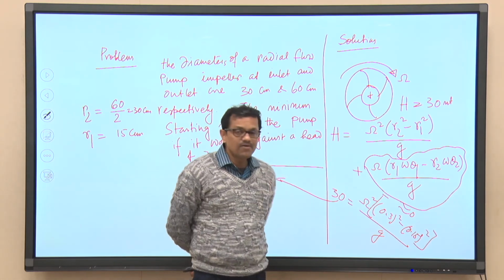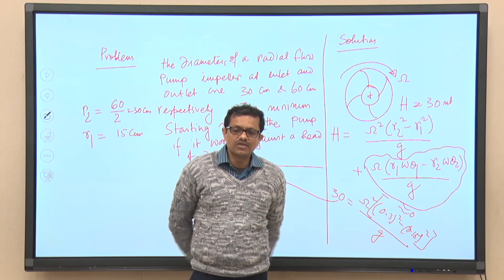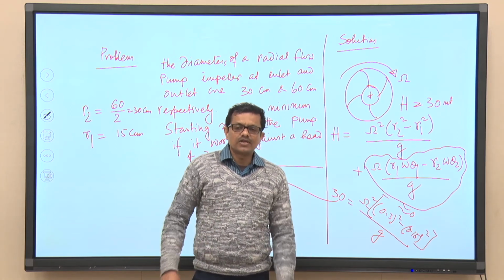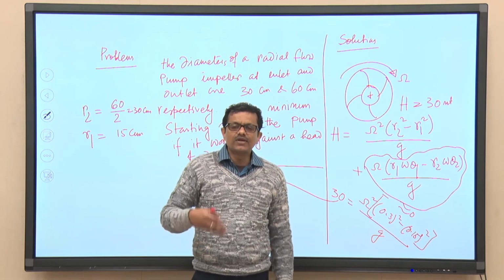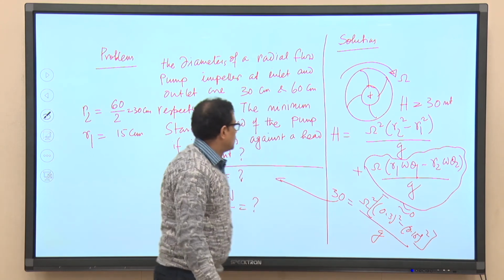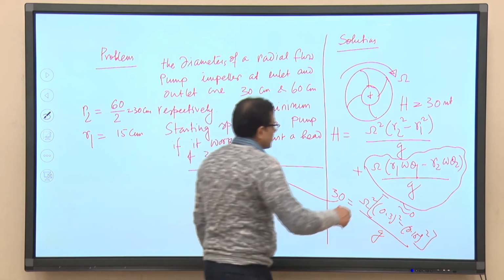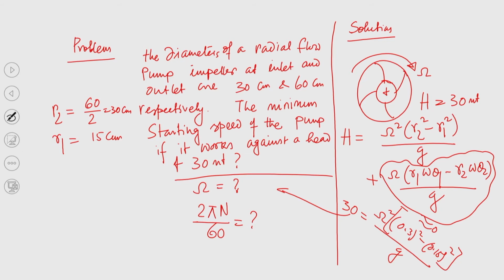So, the radial flow pumps are used to provide moderate to high head. If we need to increase head, you can see that we can increase R2. Now, definitely we really do not know the expression of R1 w theta 1 minus R2 w theta 2,